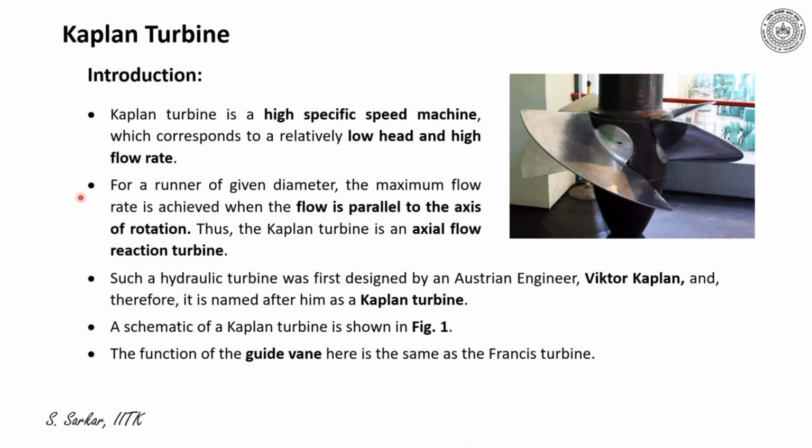Please note that for a given diameter of the runner, the maximum flow rate is achieved when the flow becomes parallel to the axis of rotation. Thus, a Kaplan turbine, which is of axial flow construction, gives the maximum possible flow rate for the given